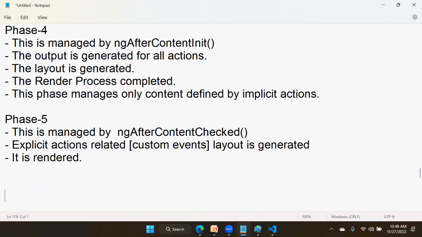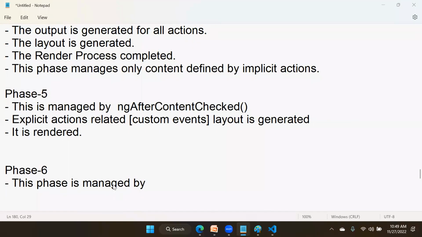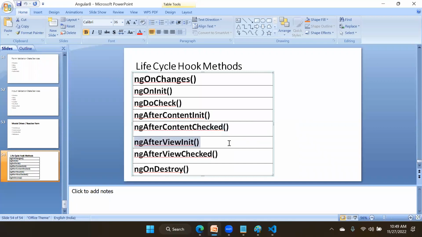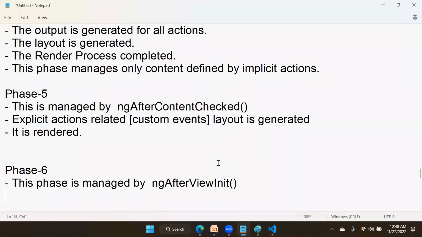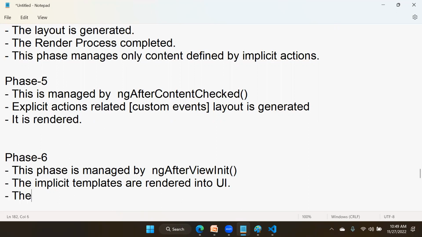After that, next is phase 6. This phase is managed by ngAfterViewInit. What happens is the implicit templates are rendered into UI. The implicit templates are rendered into UI. That means the painting process